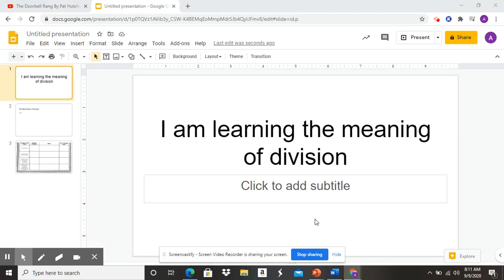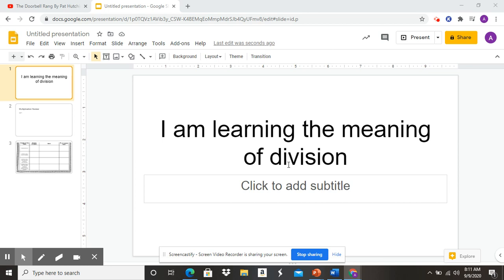You know that we've been working on multiplication for the last 3 weeks. So today we're going to learn the meaning of division. And when I talk about division, that means I'm taking it and sharing it, okay? Just like addition and subtraction are opposites, multiplication and division are opposites. We're going to go over what division is today, and then we will do different strategies like we have